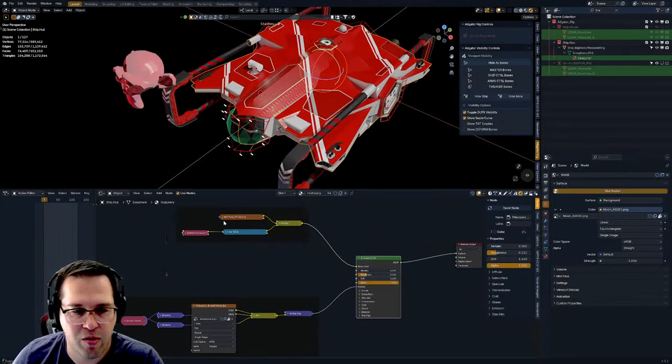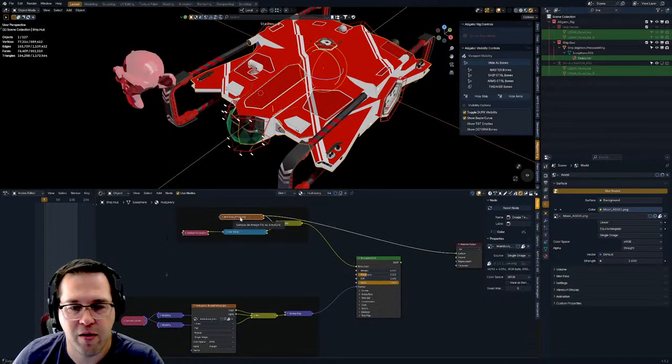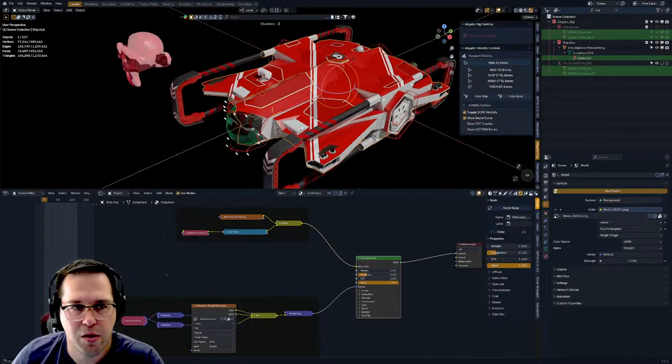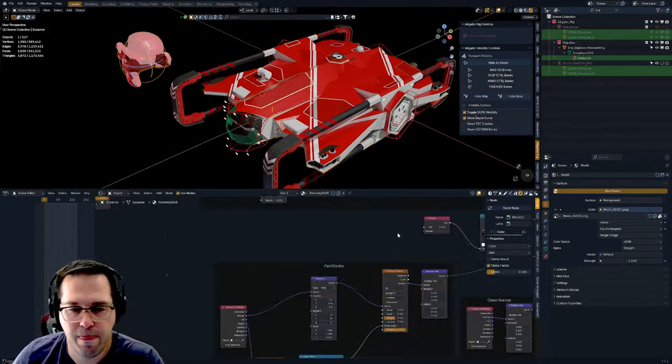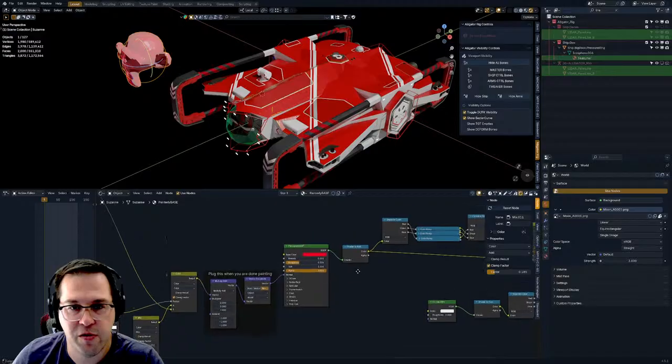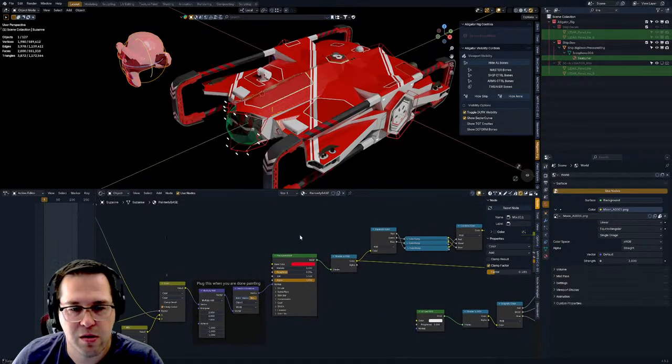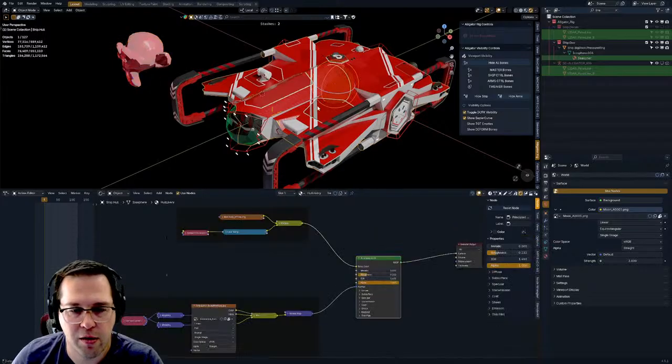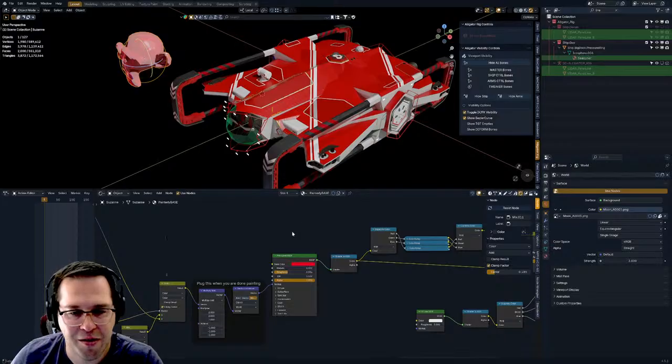So let's see. What is this? Okay, that's the diffuse. Cool. So I'm gonna want to feed that diffuse into the base color. Can I do that? Yes, I can. All right. All right. I'm gonna